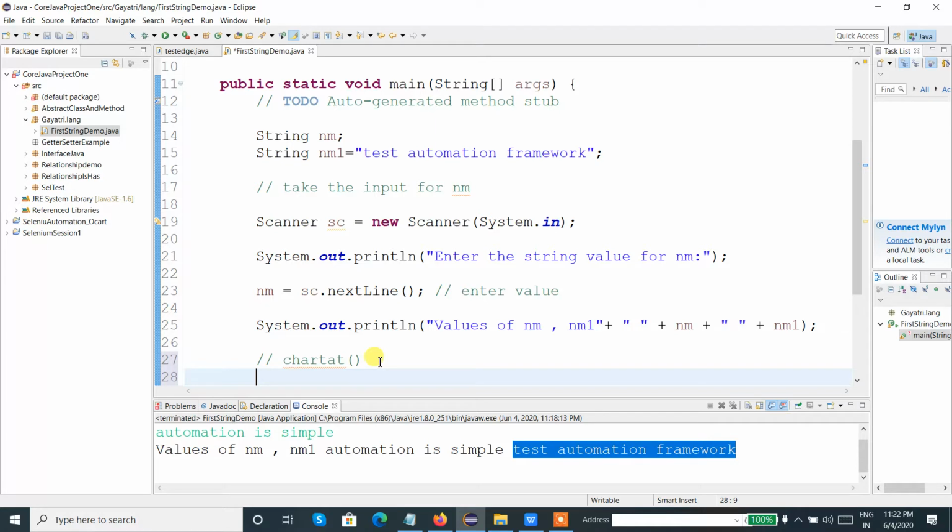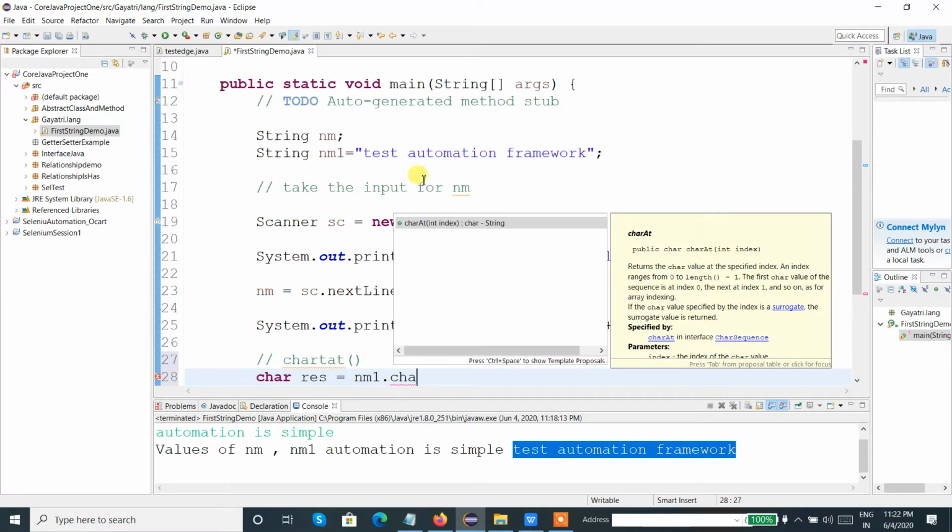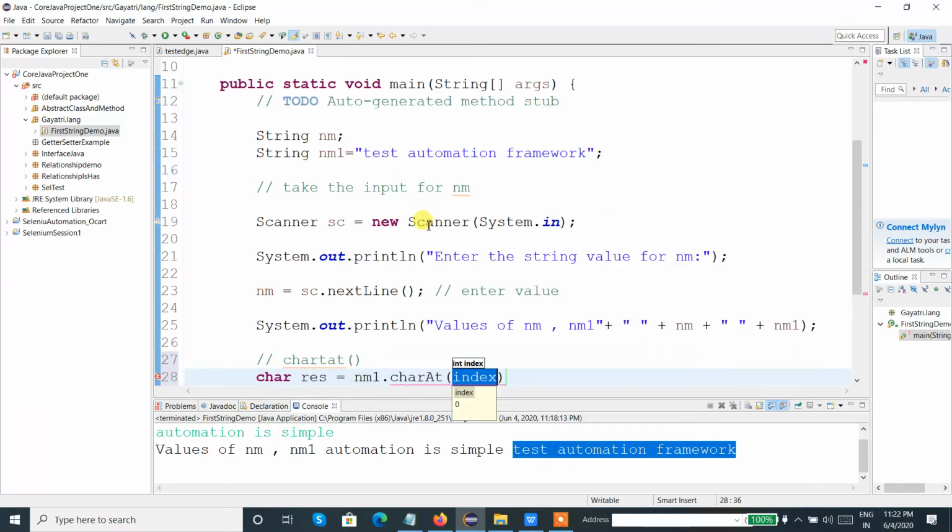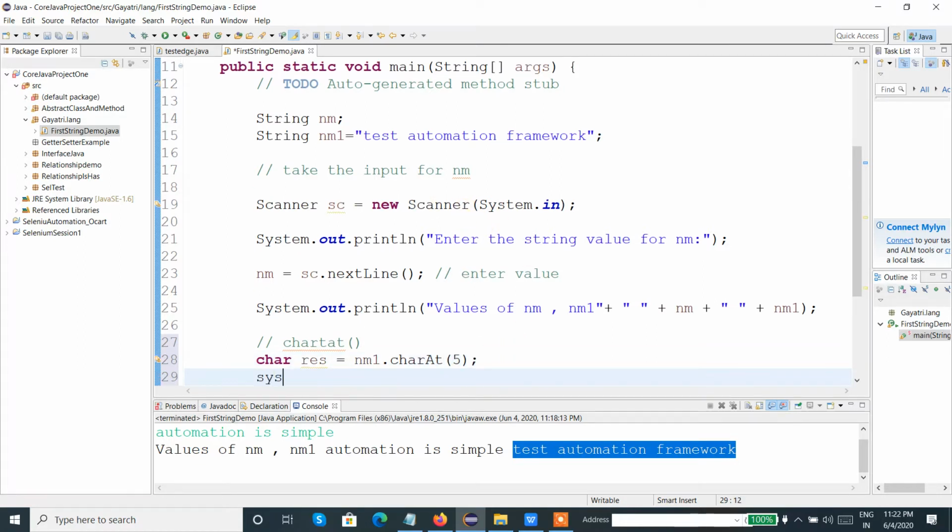How can I write the code? As the return type is char, I can say char res equal to nm1 dot charAt index number. What is the index number? I want to extract fifth. Now I can print res.